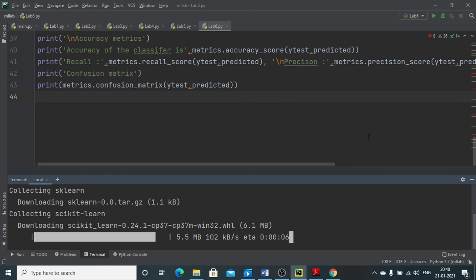So this is how we can download the package here. Since it is taking a very long time, let us see, it is about to end now. 5.9 MB has been done.